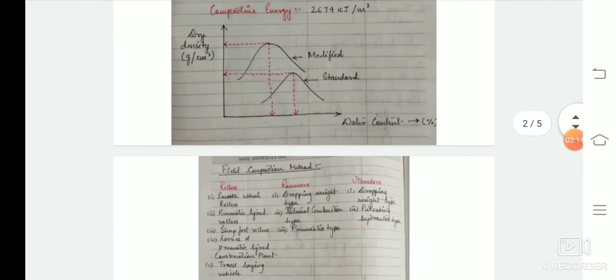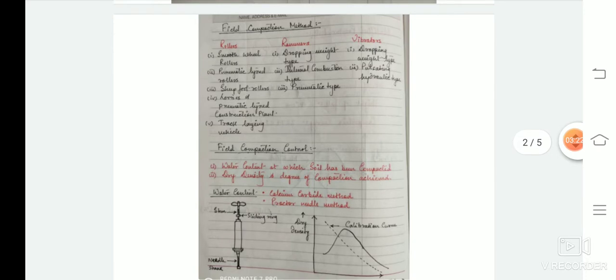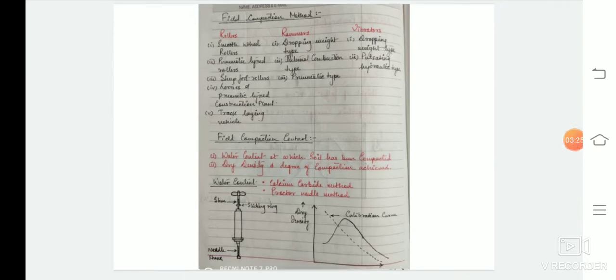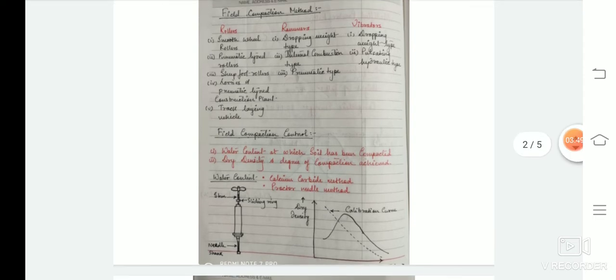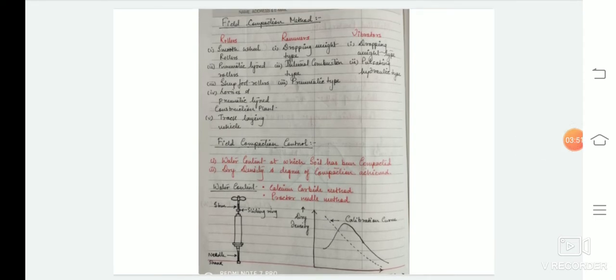So let us now shift to the field compaction method. The standard Proctor test and the modified Proctor test are considered compaction carried out in the laboratory. So for field compaction, what are the methods that can be used? There are 3 methods of field compaction. These are rolling, ramming, that is by impact, and vibration. Corresponding to this, the various compacting equipment can be grouped into 3 categories, that is roller category, rammer category